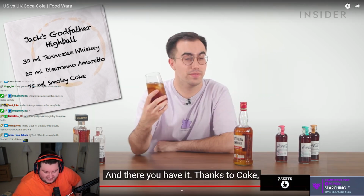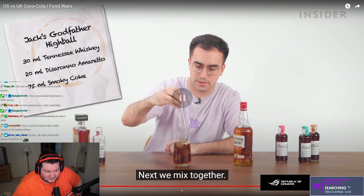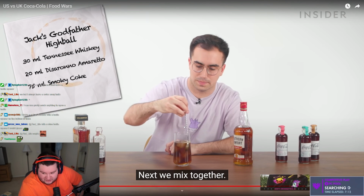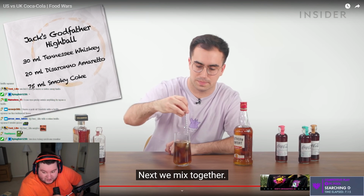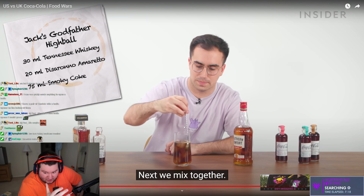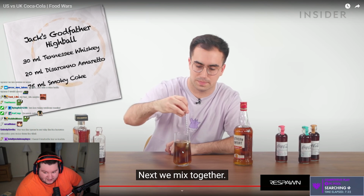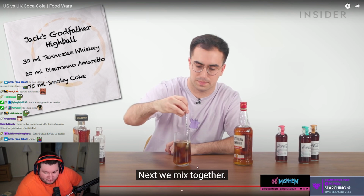Chat, you want to know something funny? I learned this yesterday. You see this mixing spoon? This is like a bartender mixing spoon, right? It's designed with that swirly shape. It's done on purpose. Apparently, if you're pouring a can of soda into a drink, you pour it onto the spoon, and it drips down into the drink, and it removes the fizziness, so you can perfectly pour it without